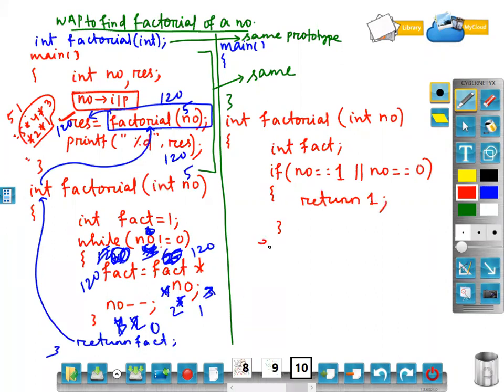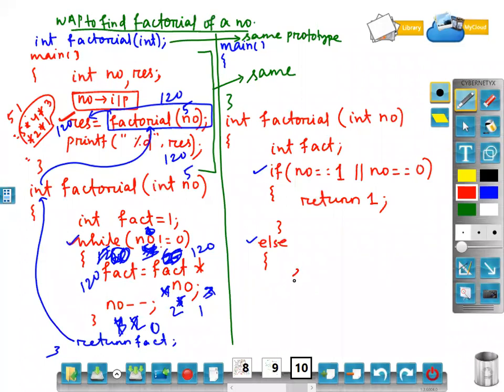Else. So basically I am replacing the loop with if else. Here I am replacing the loop of the function with if else. That is not function recursion. But what will I write here?